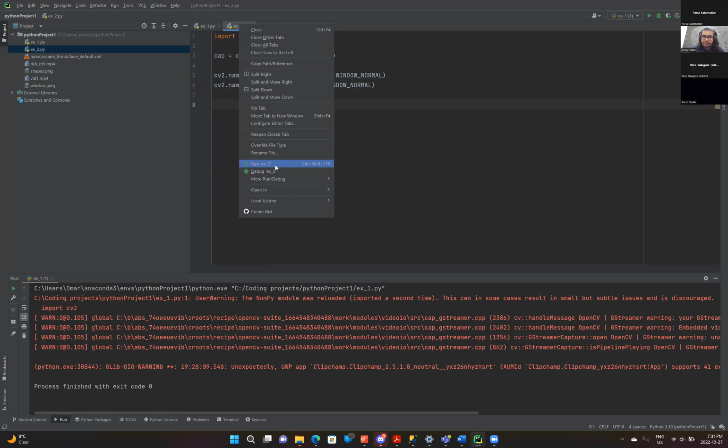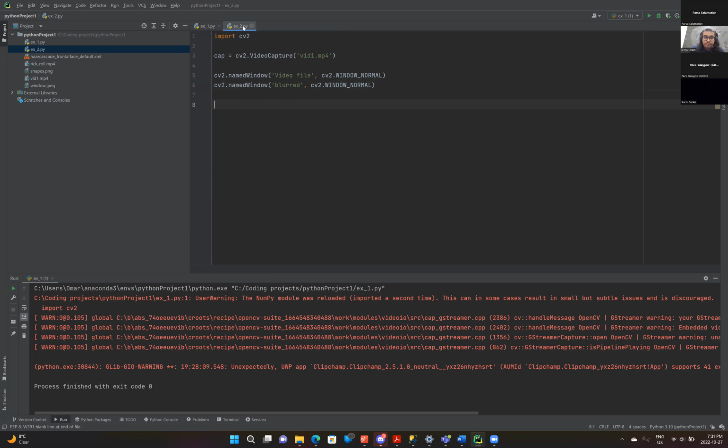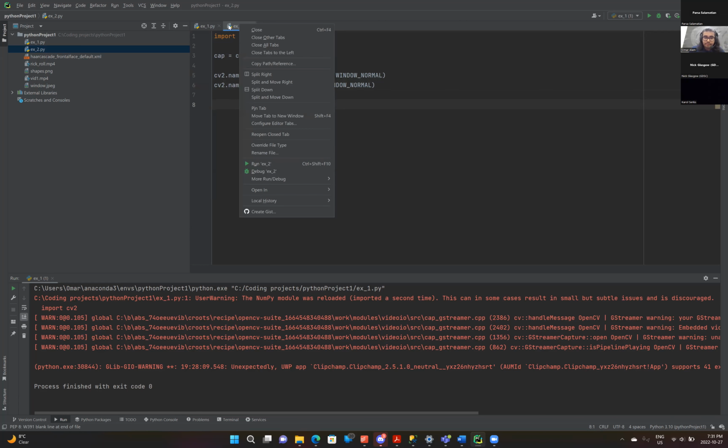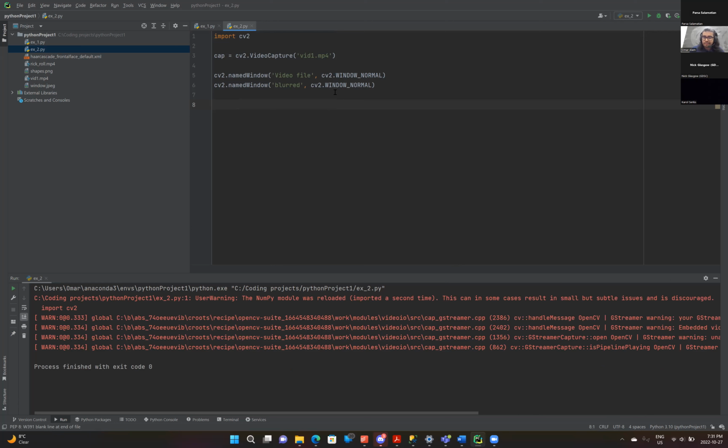My headphones decided to turn off there. I apologize. So what you want to do to run a file open in PyCharm is right-click the tab, and then you can just go to the run option in the menu there. And this should just create two windows and it will close instantaneously because we don't do anything with them and